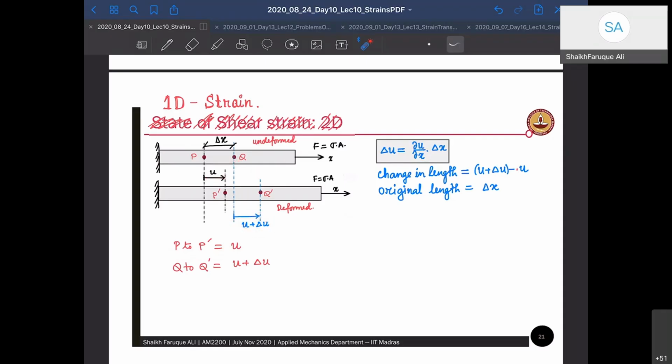Why U plus del U? Because Q will have a rigid body movement because of the movement of P, and then it will have an extra movement because of its own position, right? So therefore, it will move by how much P has moved, plus it will move some extra. That extra is del U. Okay, then the average strain in this case